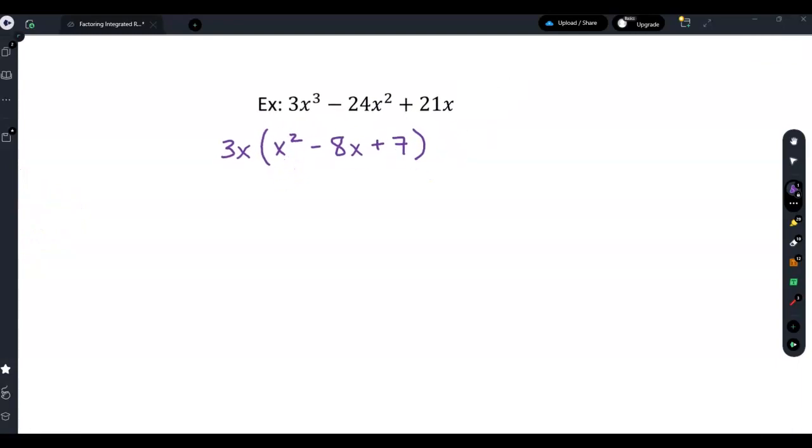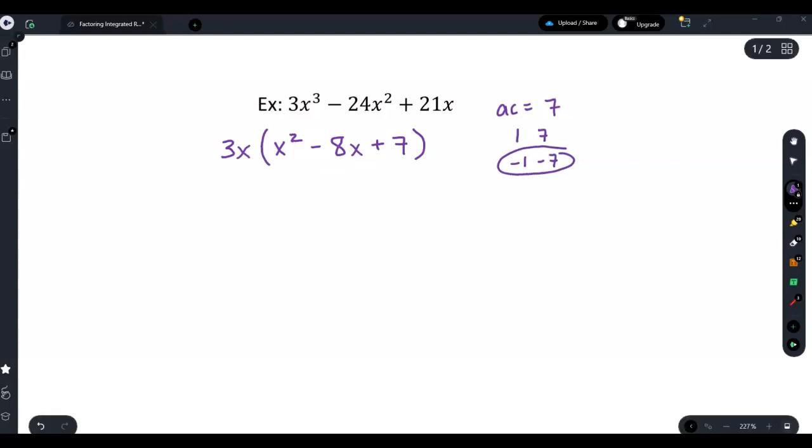So a would technically be 1 because this trinomial is technically 1x squared. And then C would be 7. The constant term is 7 here. So AC would be 1 times 7, which is 7. And then the factors of 7 would be either 1 times 7 or negative 1 times negative 7. In this case, I would pick negative 1 and negative 7 because that would add to give me the middle